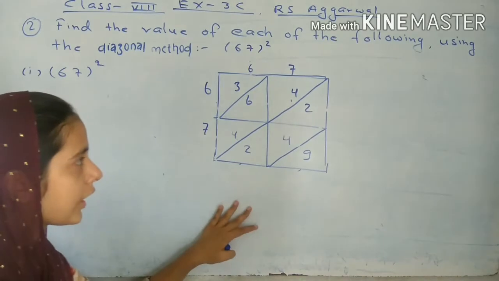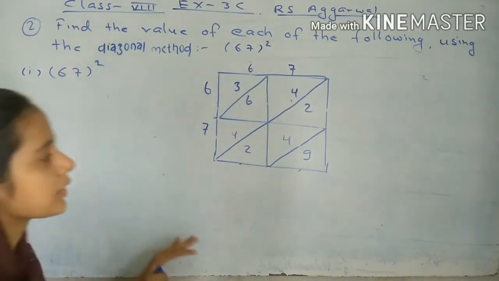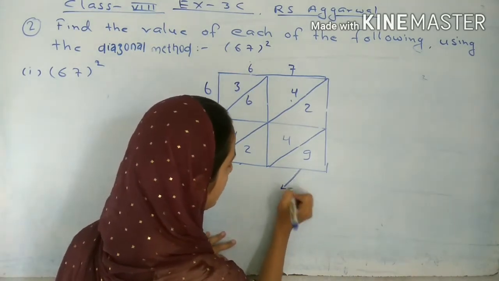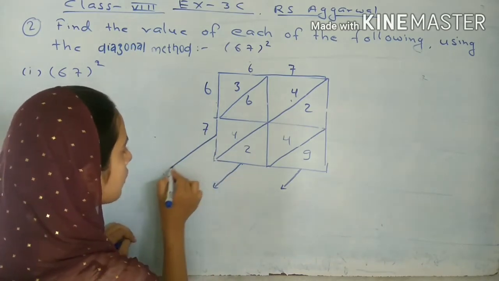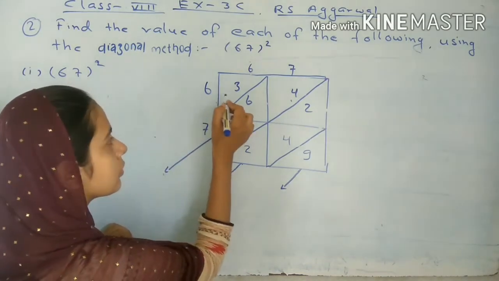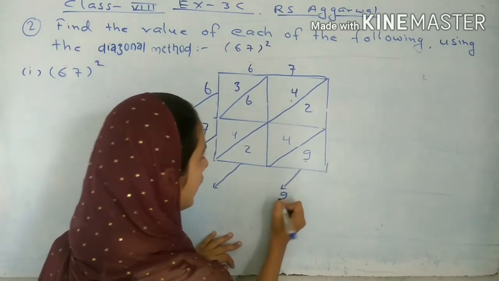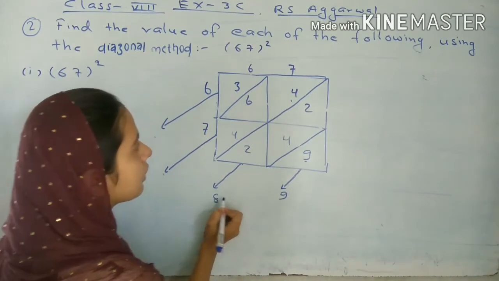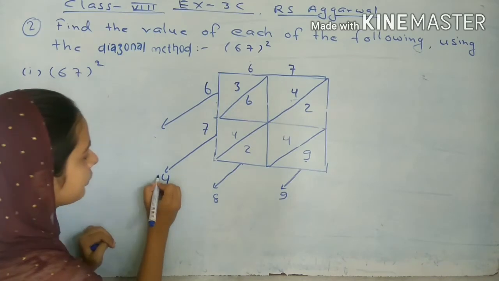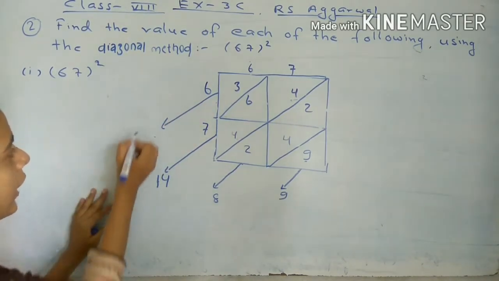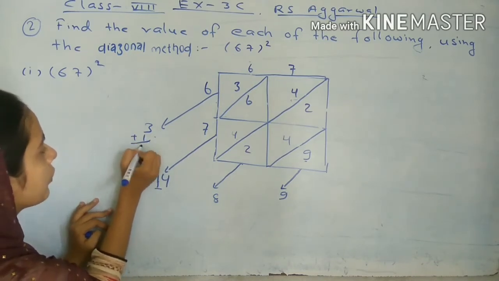And now the turn is to add them. Only the internal numbers we add, not the external numbers. So we will make an arrow to add them. And now the 9 is 9, and 4, 5, 6, 7, 8. And 6 plus 4 is 10, and 10 plus 4 is 14. And 3, and this 1 will go in the carry of 3. So 3 plus 1 will be 4.